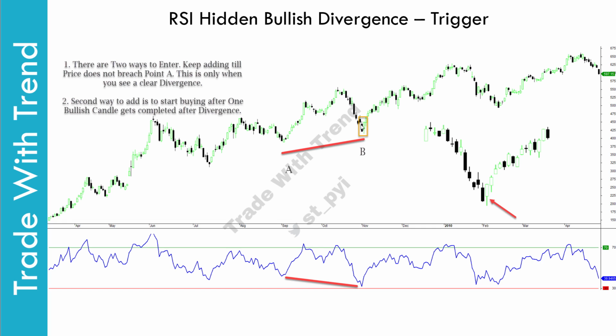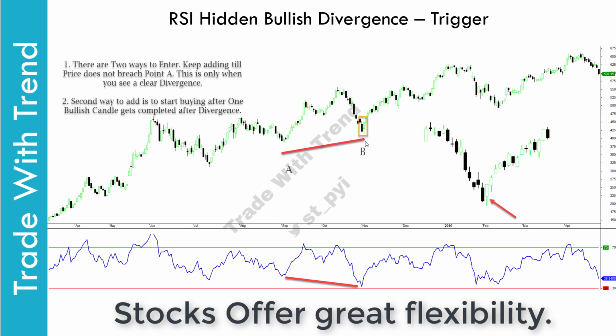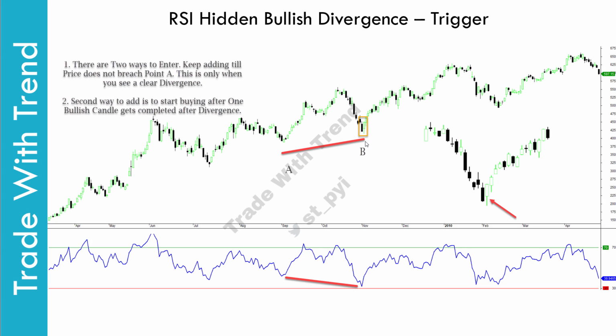Now this is why I recommended for you to stay in stocks, because the lot size of futures is so high that in case this turns out to be a false signal, you will be losing a lot of money. With stocks, you have the flexibility to buy one stock, 2 units, 3 units, 100, 200, in any multiple, which is why you can control your risk better with stocks. So this was for aggressive traders: as the pattern is forming, you start buying so that you trust the trend, and then the trend will eventually move up and you would profit from it.